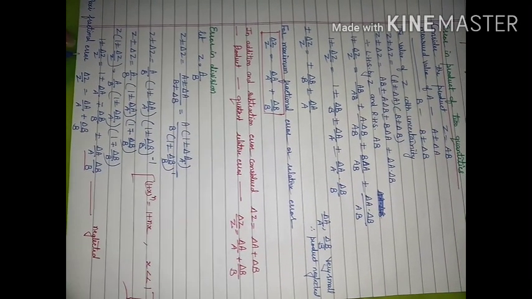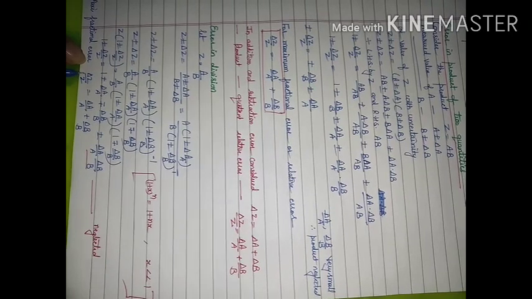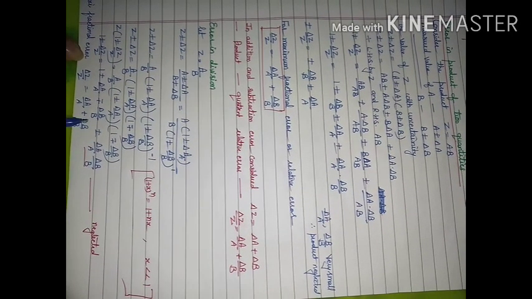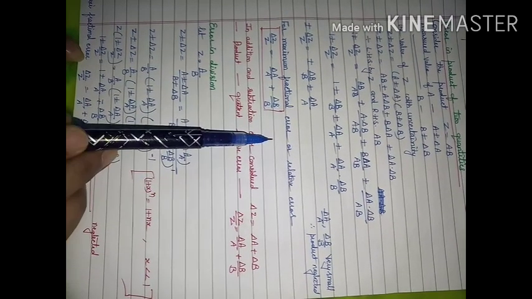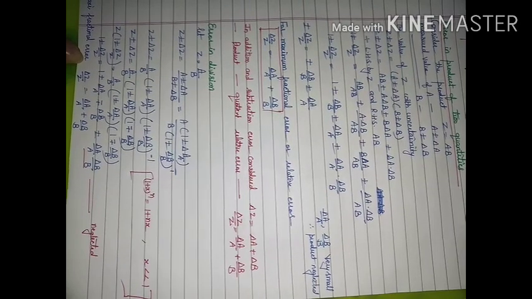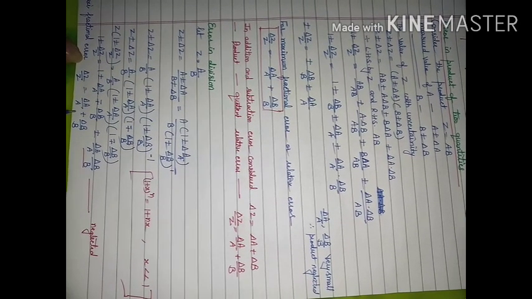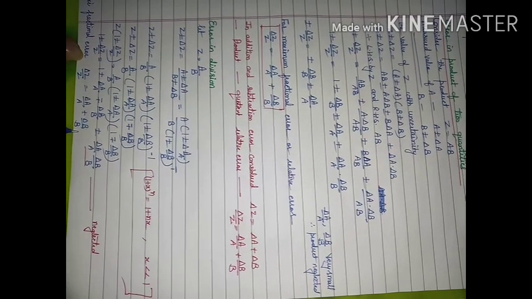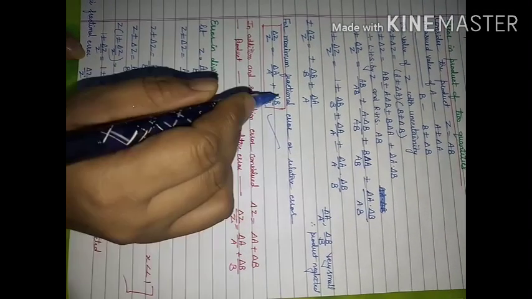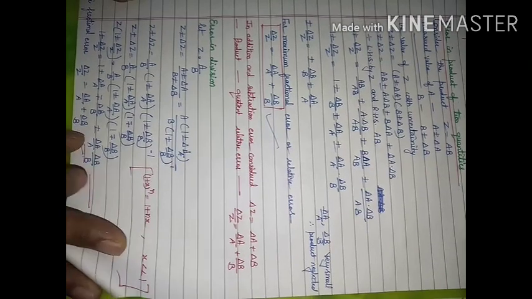So again, maximum fractional error is coming out to be sum of fractional error of A and B. Either we are going to do multiplication or we are going to do division. Maximum fractional error will be sum of fractional error in A and fractional error in B. So this is one formula, this is another formula, both are going to be same.